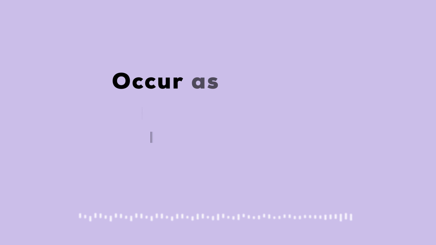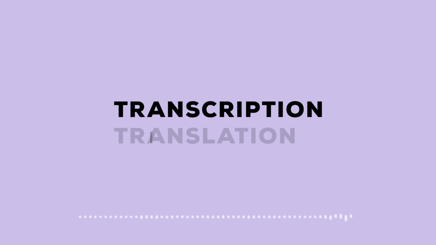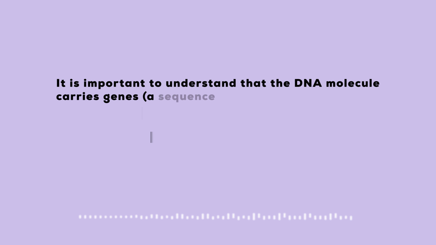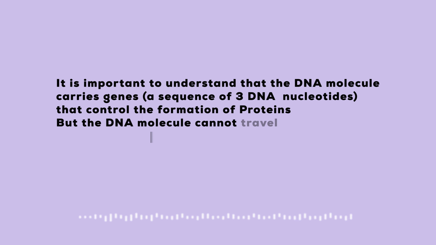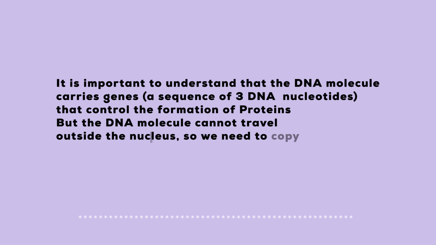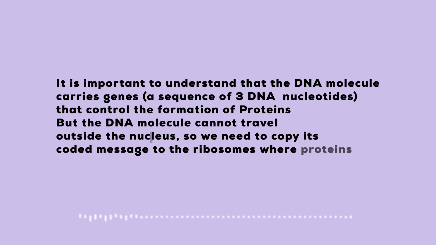The process of protein synthesis happens in 2 parts. First, the transcription of the DNA molecule, and secondly, the translation of the messenger RNA into proteins. It is important to understand that the DNA molecule carries genes which are a sequence of 3 DNA nucleotides that control the formation of specific proteins. But the DNA molecule cannot travel outside the nucleus, so we need to copy its coded message to the ribosomes